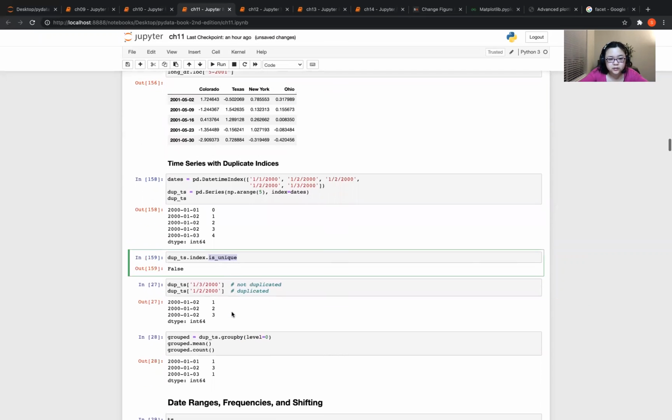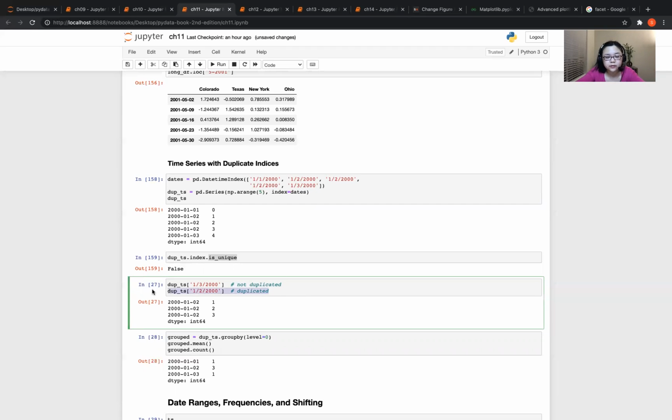So we can tell that the index is not unique. Also, indexing into this time series will now either produce scalar values or slices